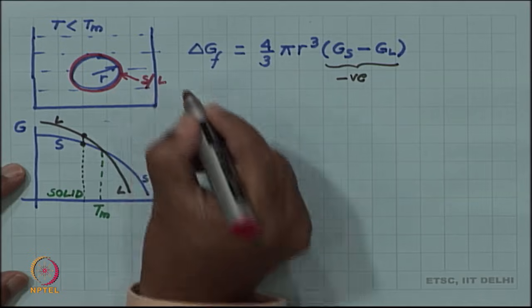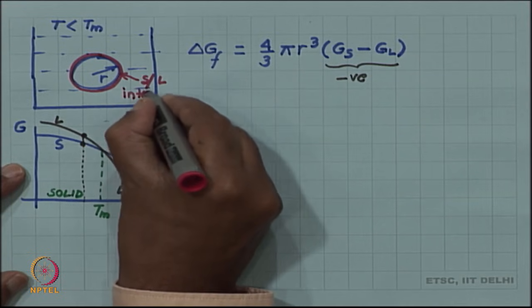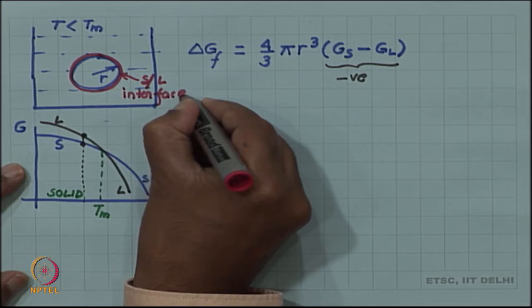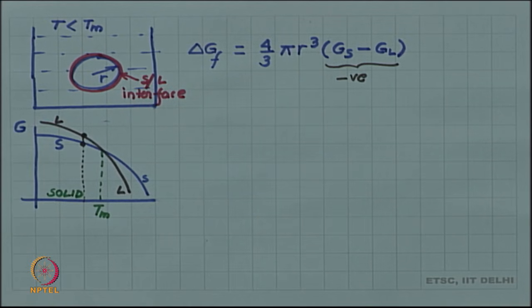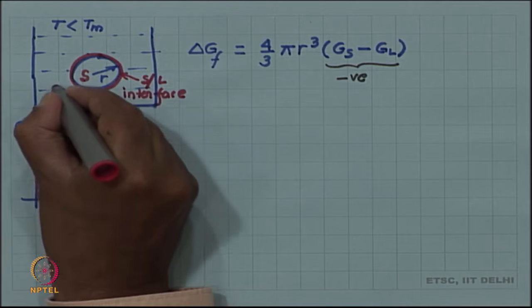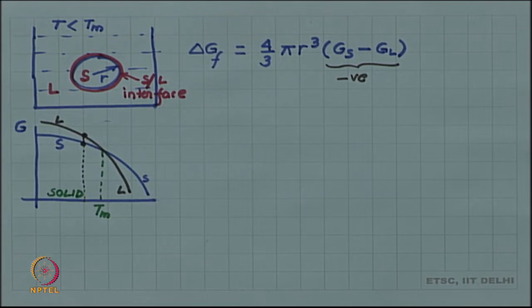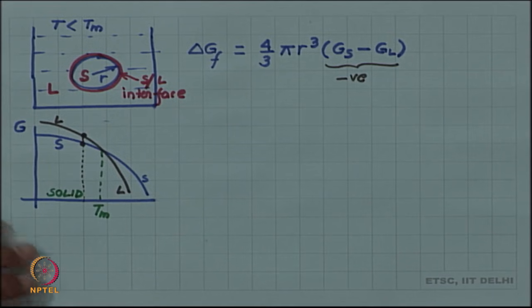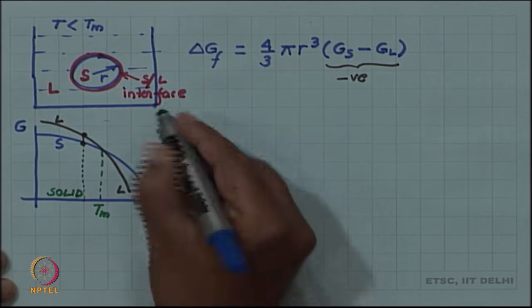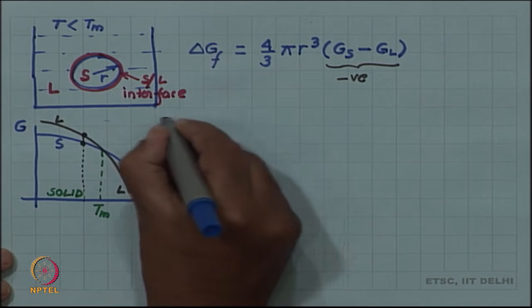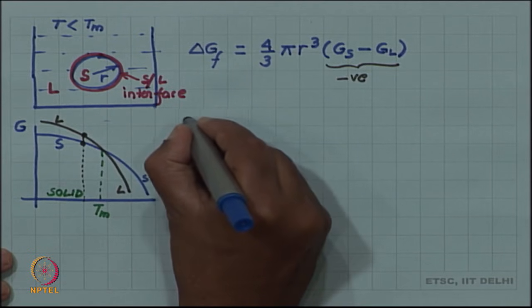So, as soon as a ball of radius r of solid is formed, a solid liquid interface is also created, and a solid liquid interface will have an energy associated with it. So, that energy is called the surface energy, and we have met this in the defects chapter. So, there will be a surface energy, and let us call gamma